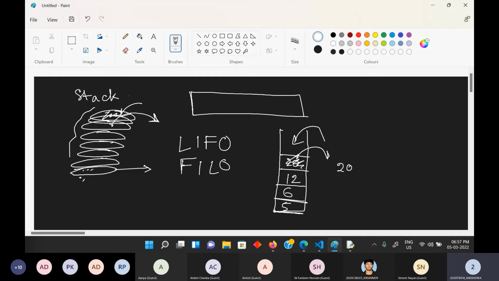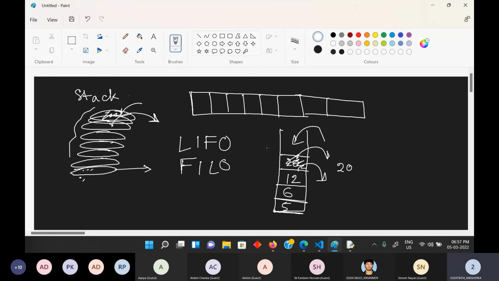Then this is gone. So after that, 12 is exposed, so you can take that out first. So only the top element is the one that you can take out. So in an array, suppose you are using something like C language. In that case, you'll not have inbuilt functions or anything. So for that,